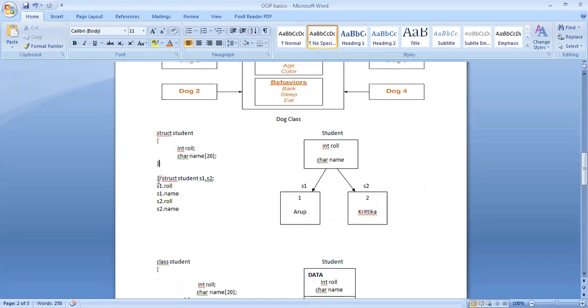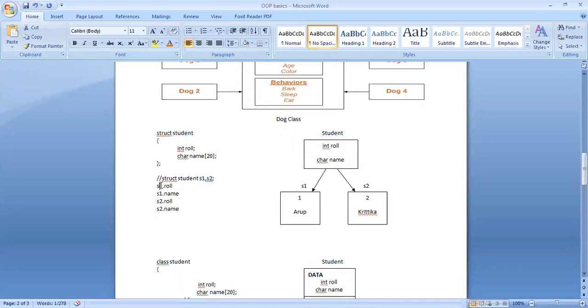Then in the next line you again have to mention the keyword struct student S1, S2. So here S1 and S2 are your objects. These will be your two students. So now, as you can see, these are my two students. I have implemented this structure using these two students S1 and S2.